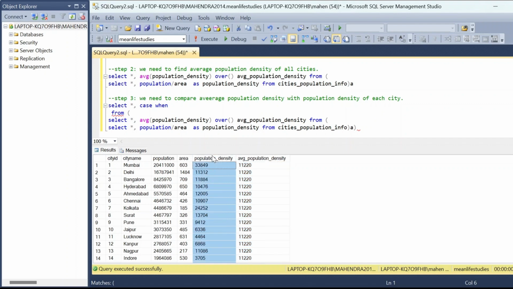If this value, I mean population density, is greater than the average population density, then we are going to assign that as above average population density, right? And this particular city has above average population density. Okay. Now, case when